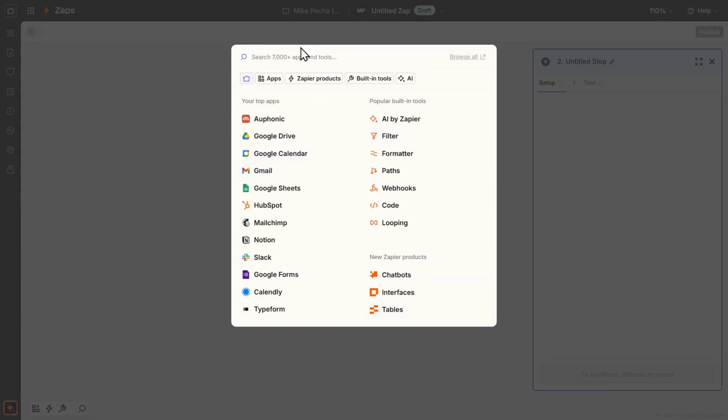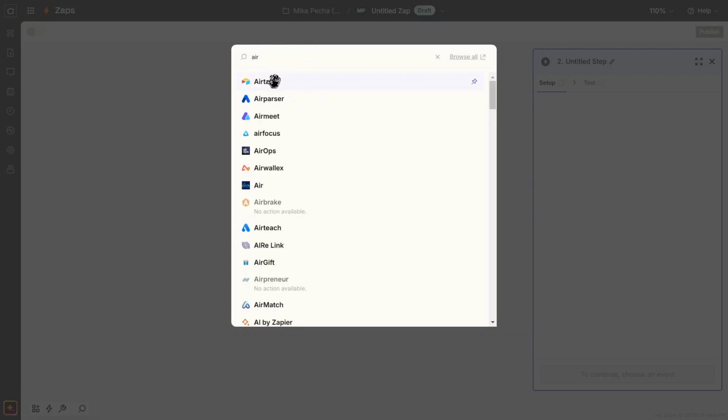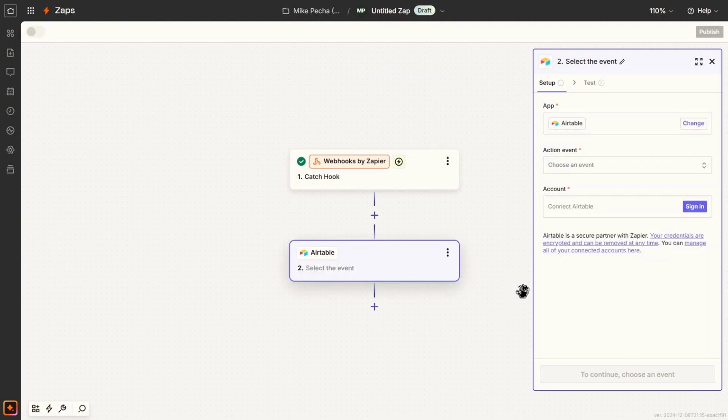For example, if we want to save the form submissions to Airtable or to Google Sheets, we could select that here. And then connect an account. And inside of these tasks, we now have access to this form data from the first step. Once you have finished setting up your entire automation, don't forget to publish and save it so that it actually is live and always listening on this URL. And then you have a really cool Zapier integration, which still looks like a normal Webflow form submission to the